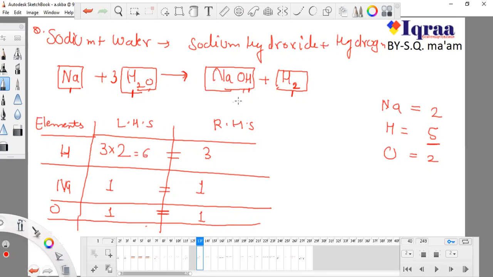I'm confused because there is hydrogen on both sides. What should I do to manage and equalize them? If I use 3 here, then it will be 7. If I use 2 here, then it will be 5, since 2 twos are 4, plus this 2 and this. Then what should I do? So this is the hit and trial method. I will do many things to equalize the number of hydrogen.